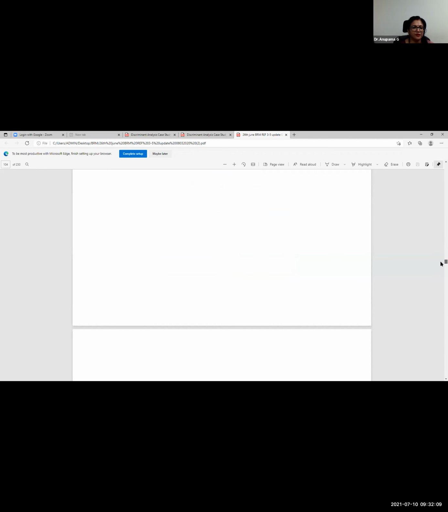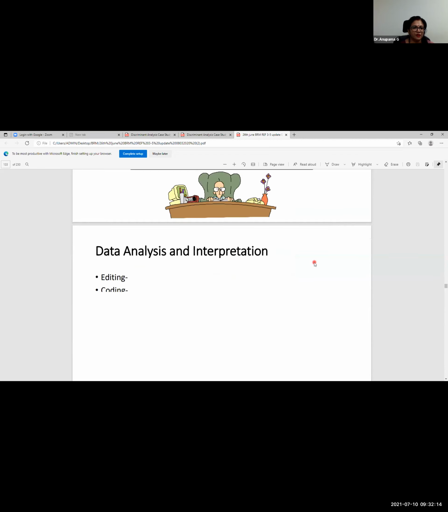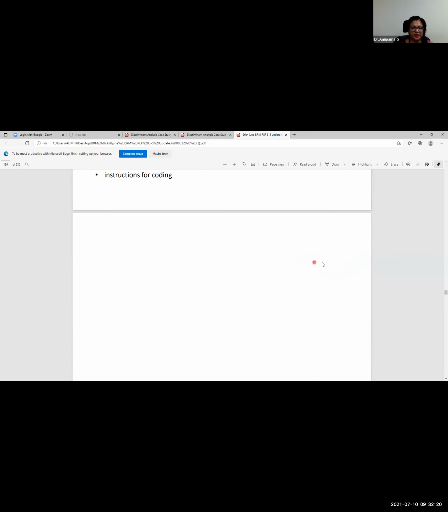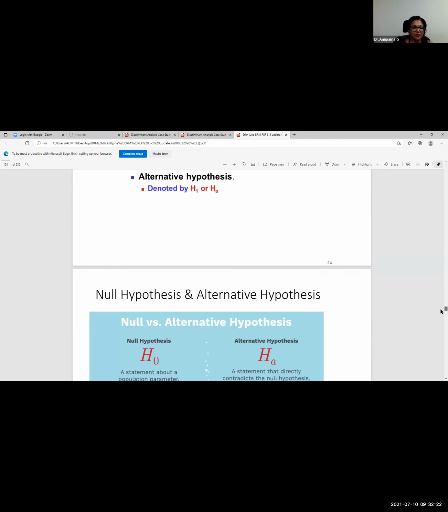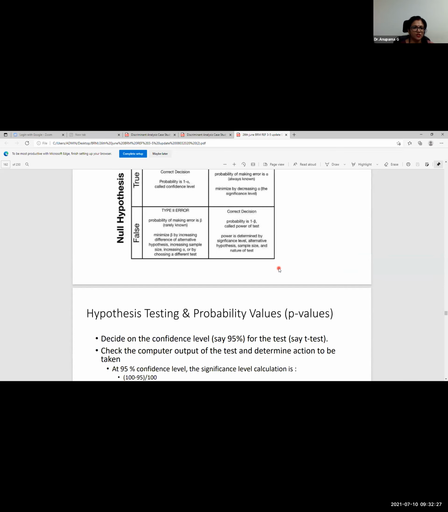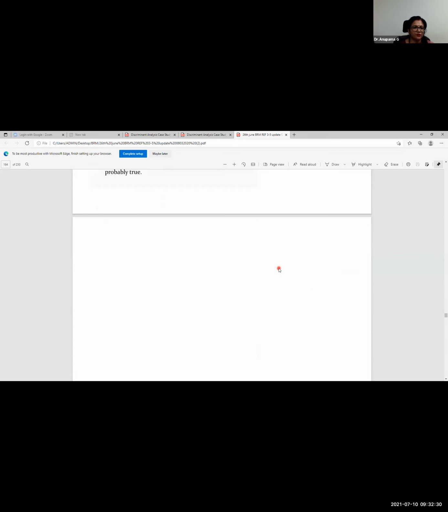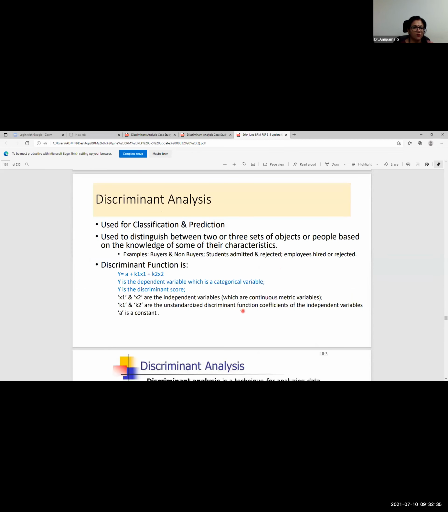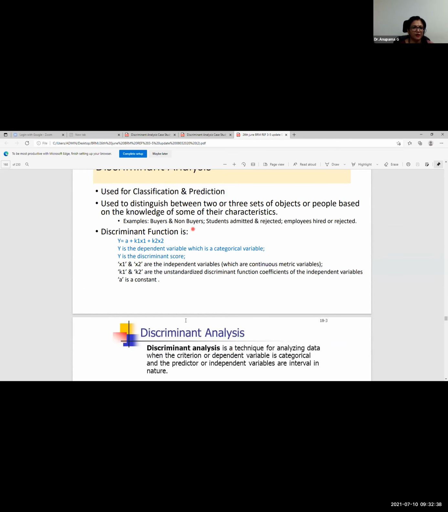Second thing, which is the dependent variable and which is the independent variable? So which is the independent variable for the case and which are the dependent variables for the case? So dependent variables would mean what is it that you want to find out, right? And independent variables would be those variables which you are trying to test whether they have an impact on the dependent variable, right? So you would like to understand, first of all, how and in which way it is going to be done, right? Now, in order for you to understand that, let me just stop this sharing of this screen and take you back to another screen.